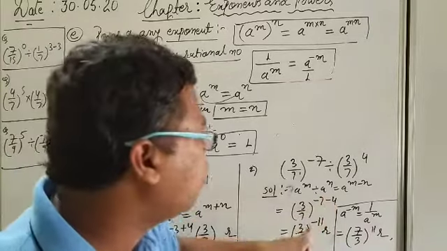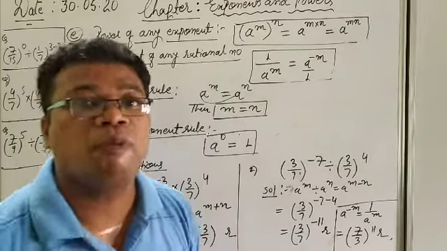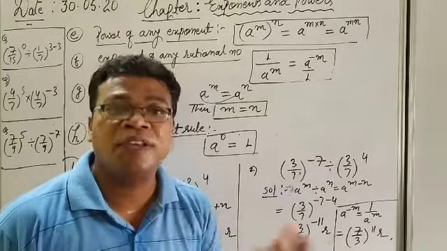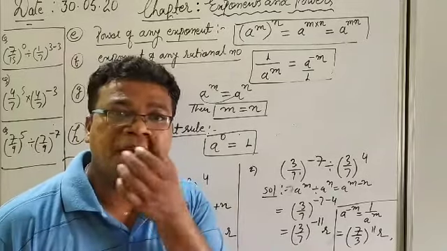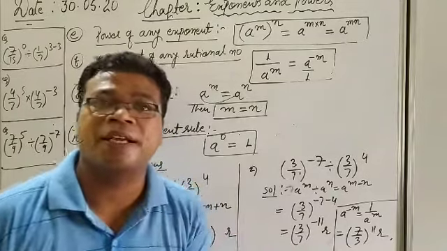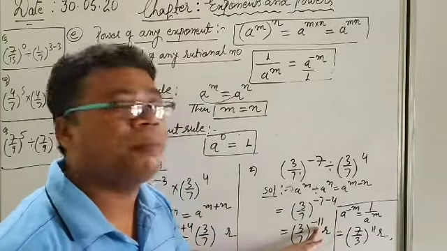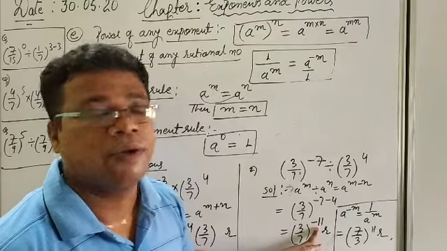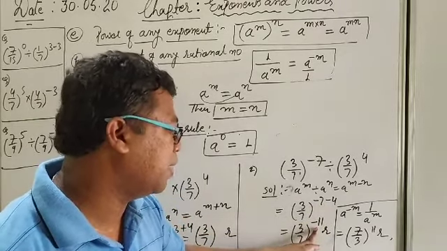So what is the case right now? Minus 7 and minus 4, both are negative numbers. If both are negative numbers, what do we have to do? We add them because they represent the same category, both are negative integers. So minus 7 and minus 4, my answer will be minus 11. We add both integers with their negative sign, so minus 11.